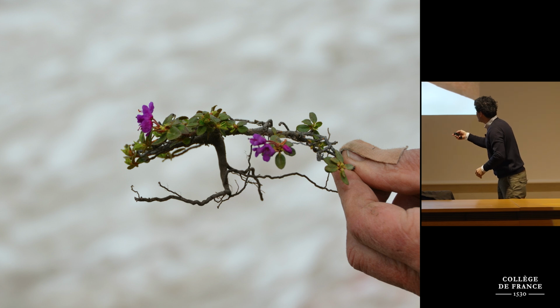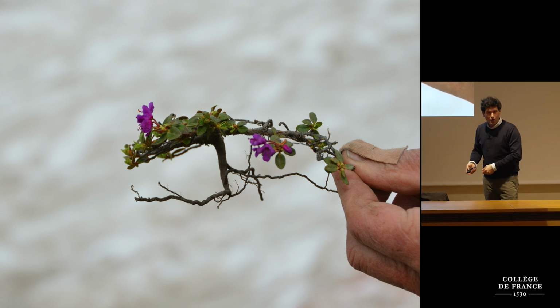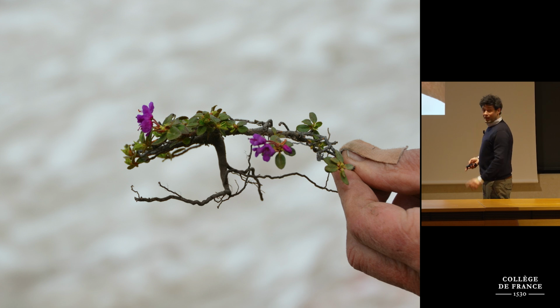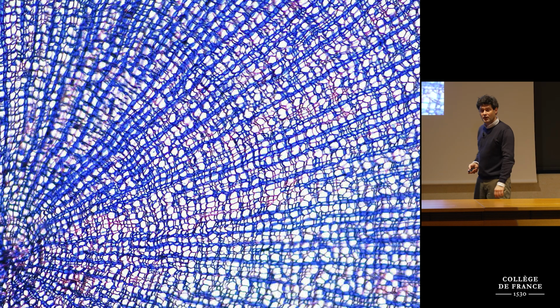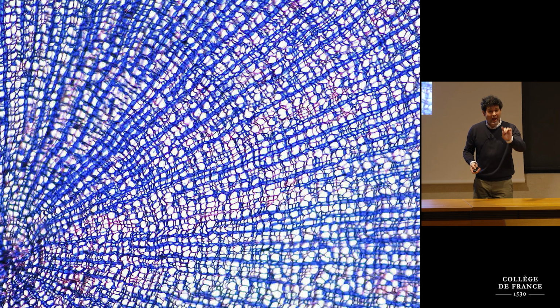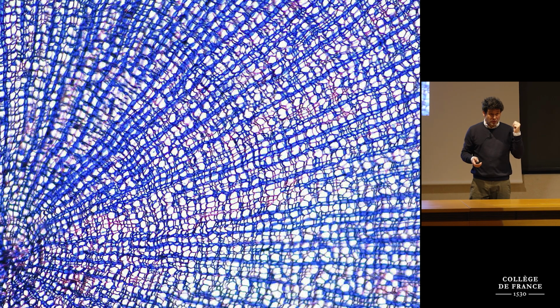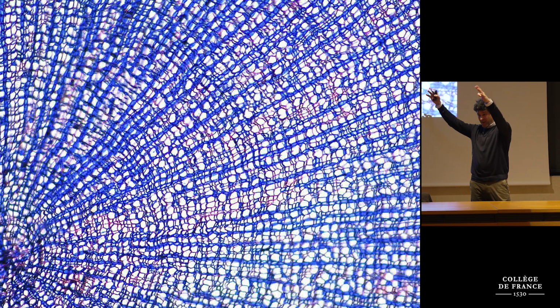So we are cutting through the stem. We don't need a chainsaw. We can just make it with a knife. And then we see this. We see more than 200 annual growth rings. Okay? So this very small rhododendron from coastal East Greenland, we cannot distinguish it from a big tree that we